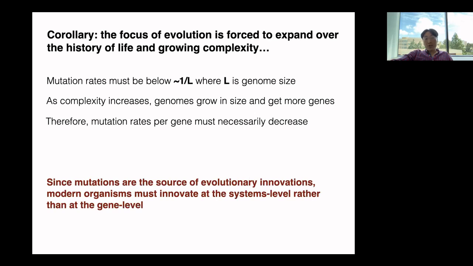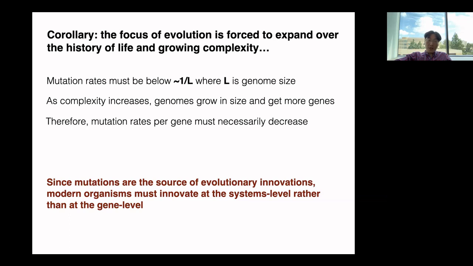And we know that mutations are the source of evolutionary innovations. And so what's happened really is that modern organisms are dedicating most of their innovation to the systems level function rather than gene level function. That is, it's very hard for organisms with large genomes to focus innovation at a particular gene because their mutations will have to occur at a low rate on that particular gene. And what's more likely is that mutations are going to be spread around the genome,